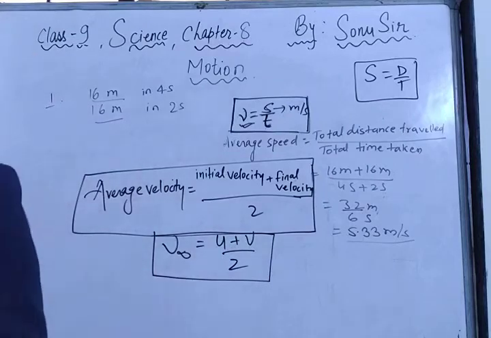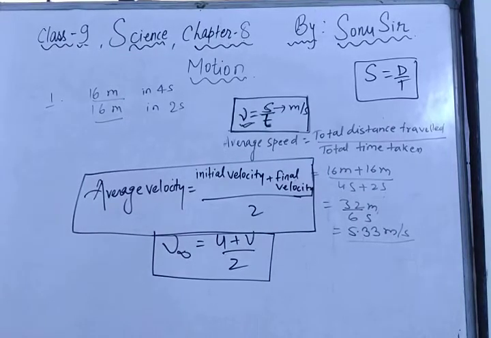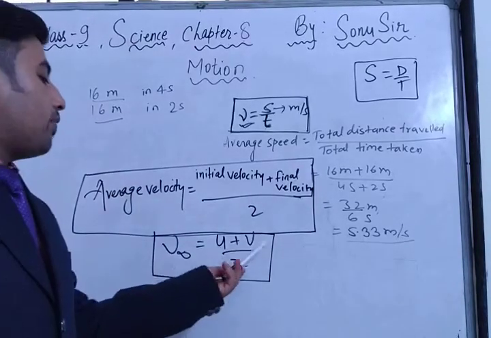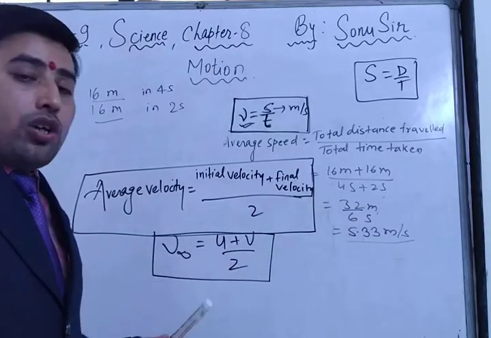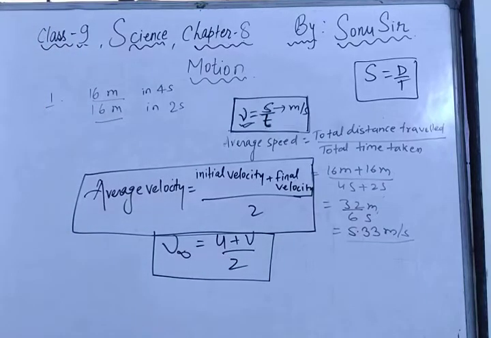Now we will move ahead. After the mathematical calculation of average velocity, can you tell me what will be the SI unit of speed and velocity? Since they both are the same, initial velocity plus final velocity, both are going to come in meter only. So meter per second will be the answer for the SI unit of average velocity. You can write meter per second as m s inverse also. Got it? So now there are some related questions. Can we solve that question?